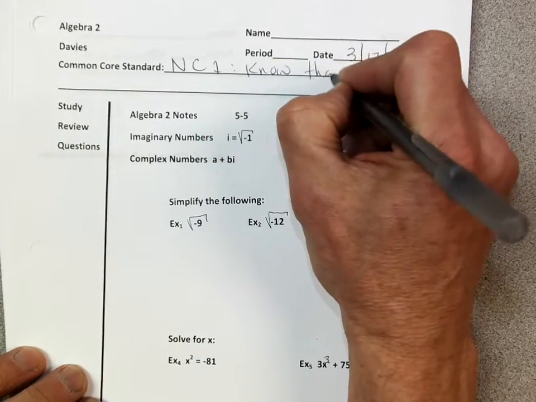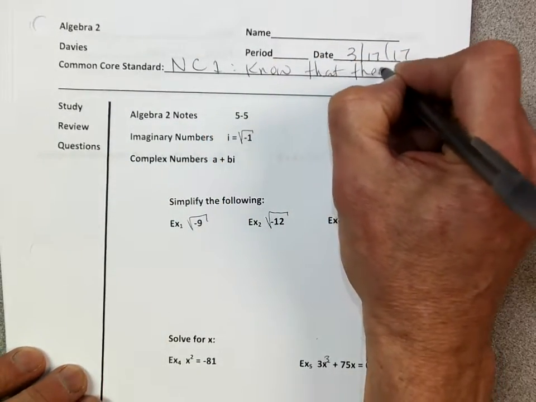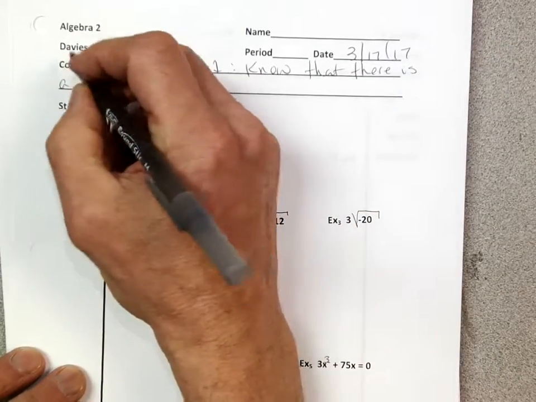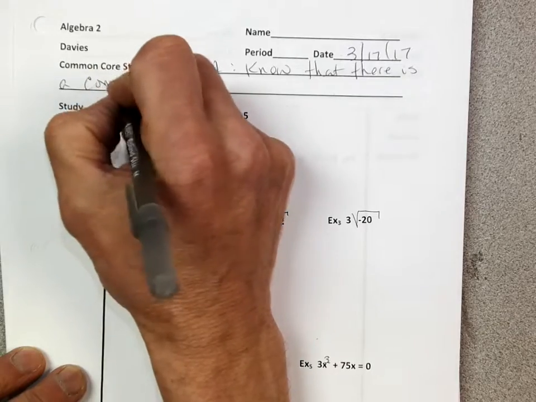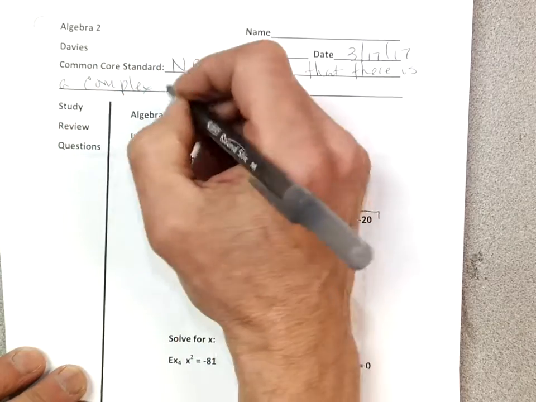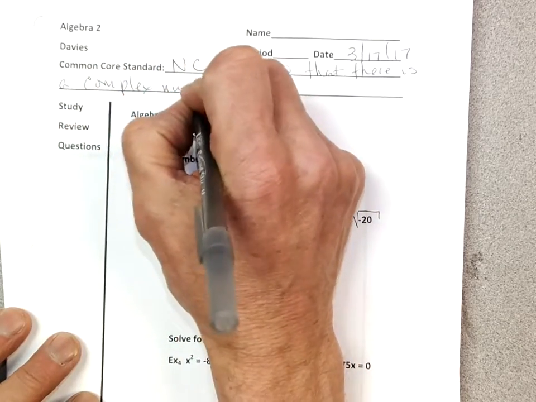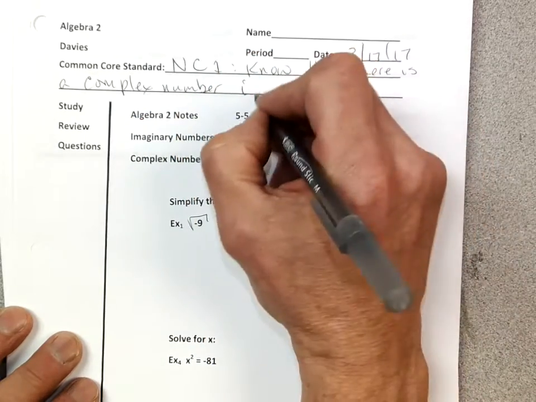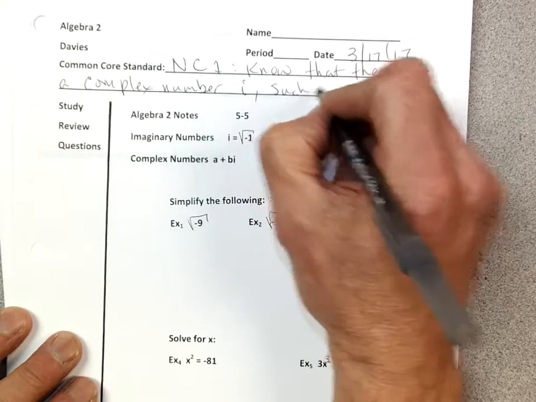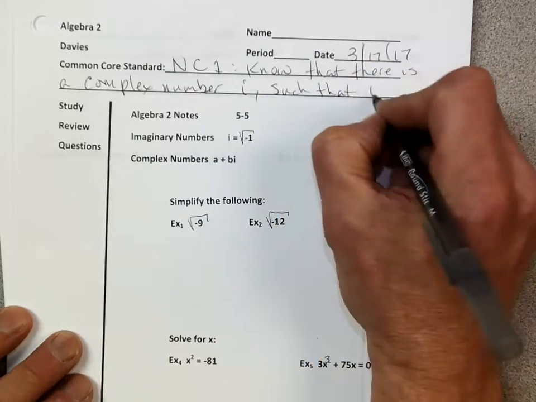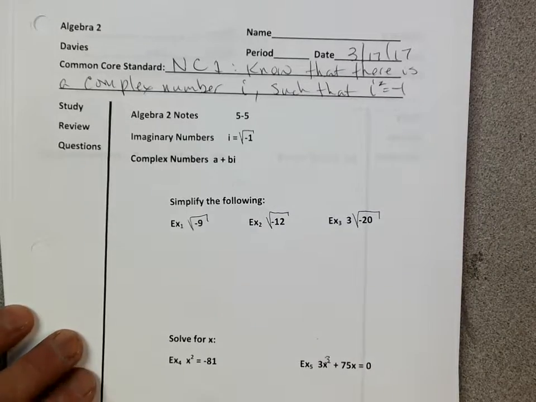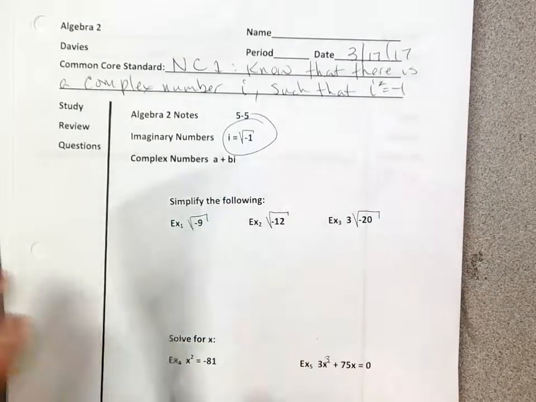that there is a complex number i such that i squared equals -1. Okay, so for us, what's even more important is the fact that i is just equal to the square root